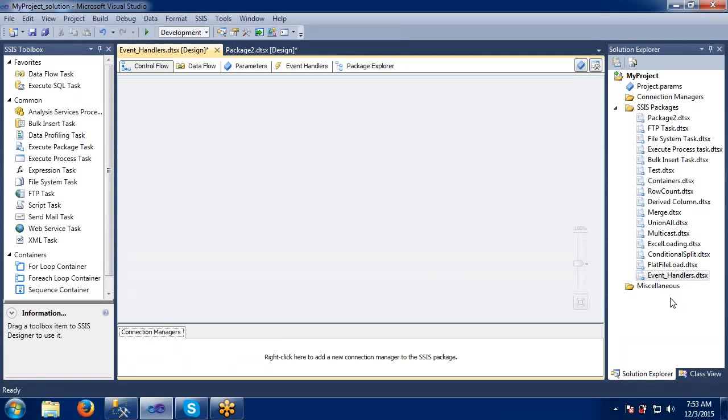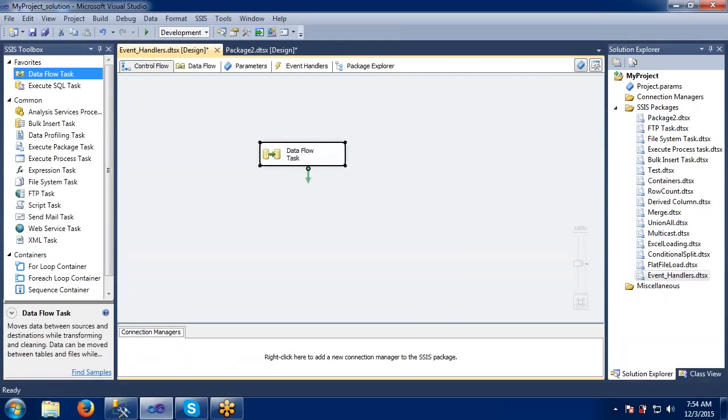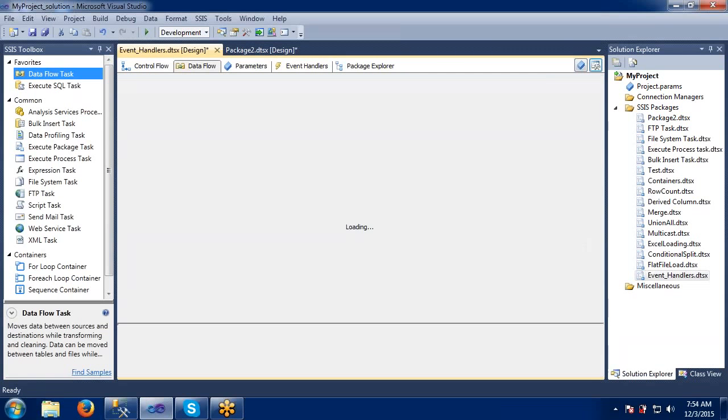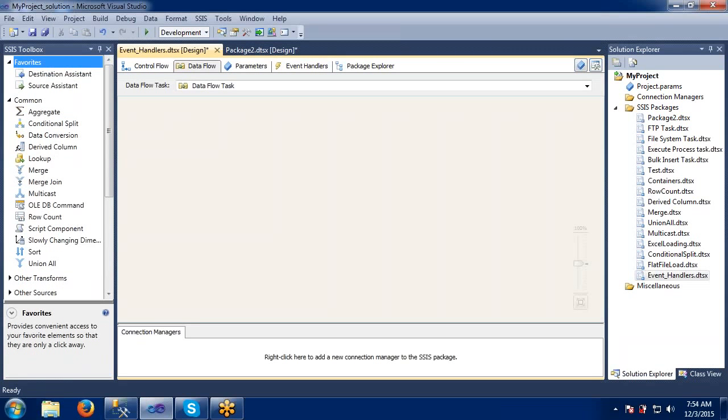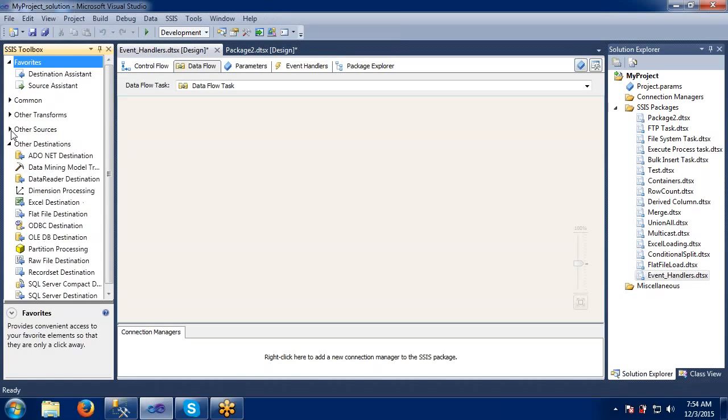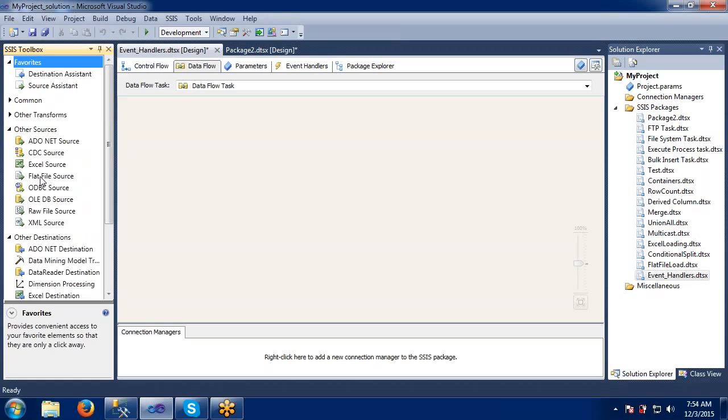Okay. So here, what I'll do is I will take some simple data flow task. In this, I will have some regular stuff only, nothing much.